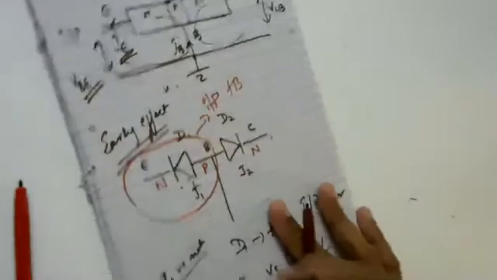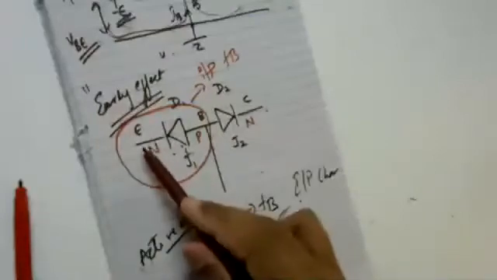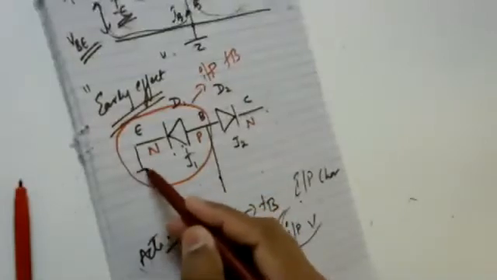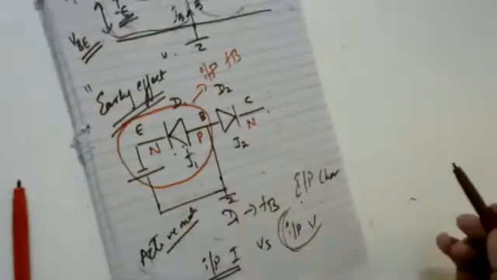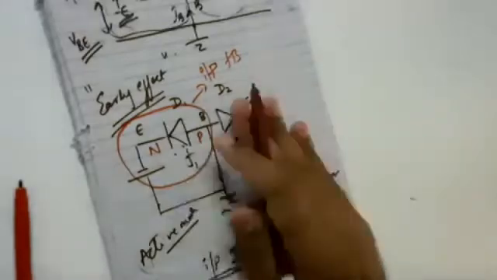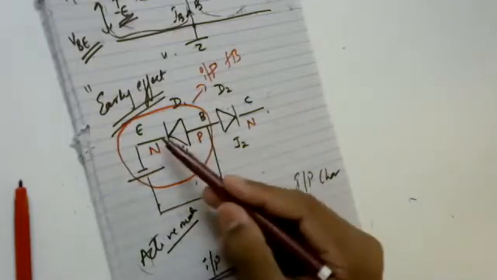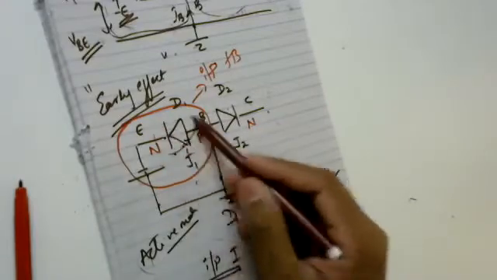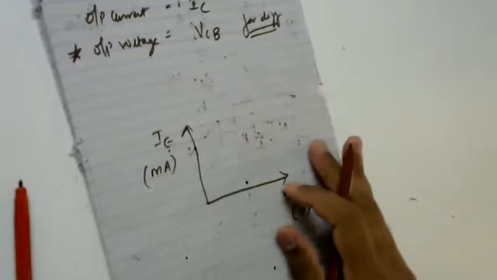As I've studied, if you're going to operate your transistor in the active mode, your emitter base junction has to be forward biased. So what will you be connecting now? You'll be connecting the negative terminal over here, and positive will be connected to your base. This has been grounded. You don't worry about this part. At present, just think about this section. Negative is connected to negative, positive is connected to positive. It means this diode D1 is forward biased.